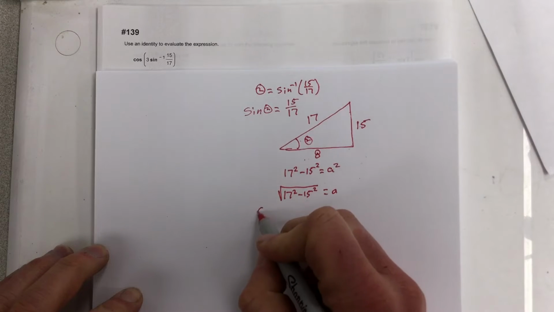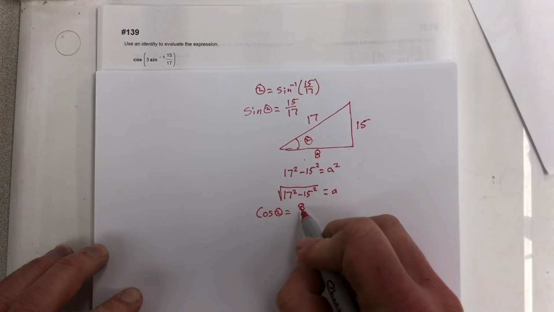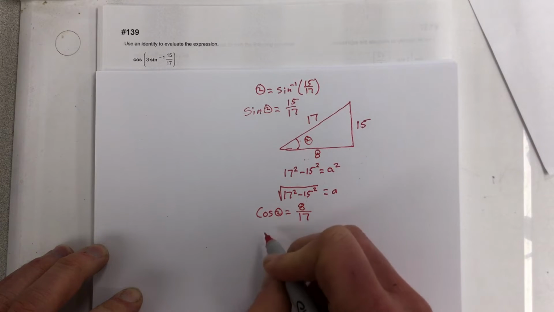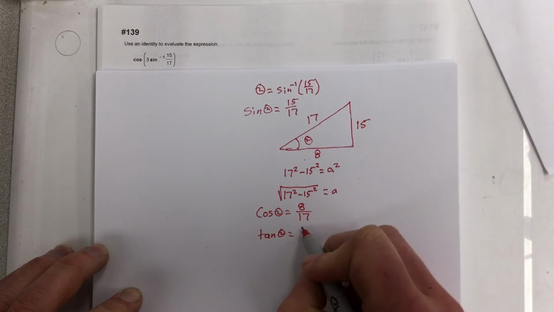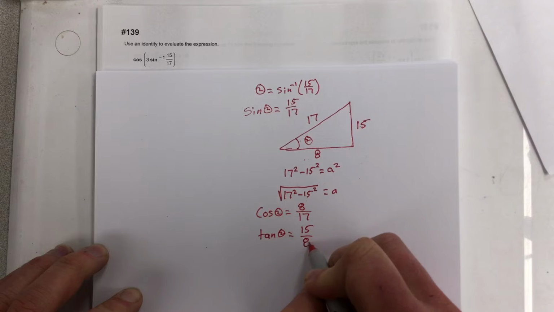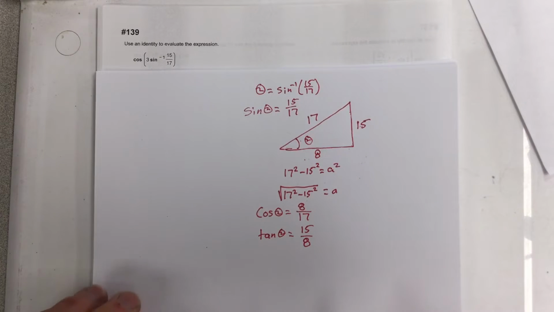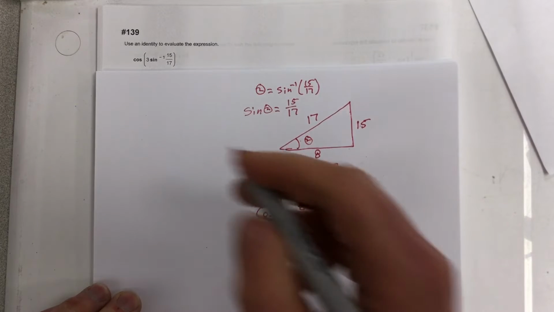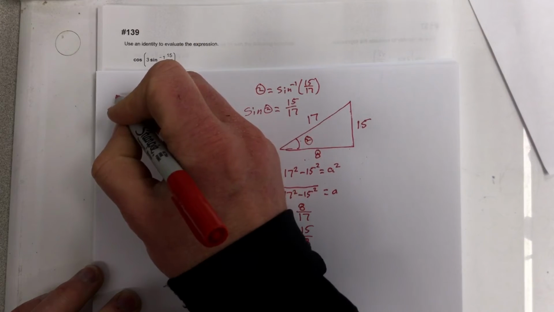So then I can say that cosine theta is equal to 8 over 17. I don't really need tan for this problem, but let's write it anyways. This is 15 over 8 for tan theta, opposite over the adjacent. So we'll start down the left side and we'll say that cosine